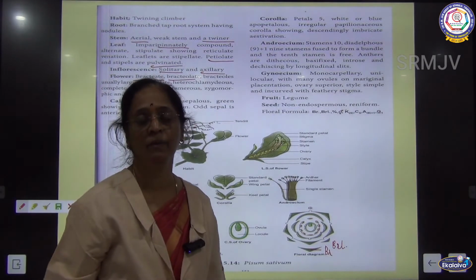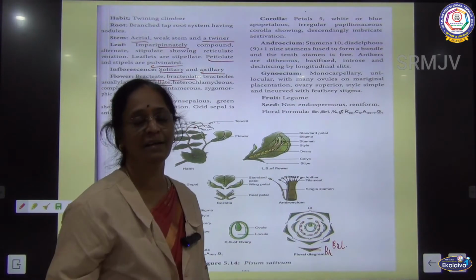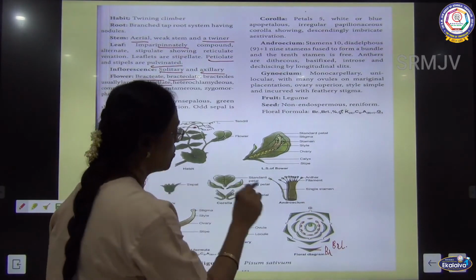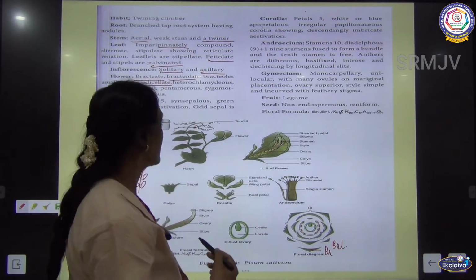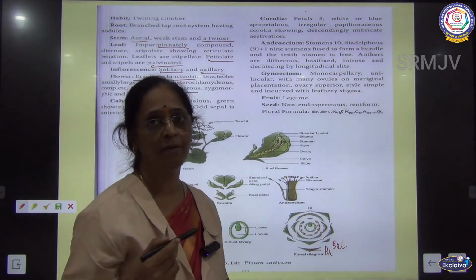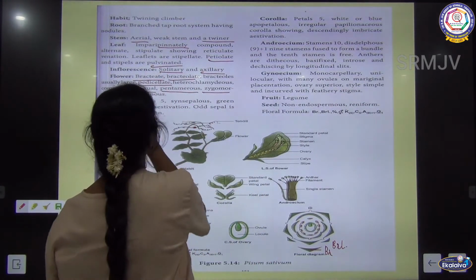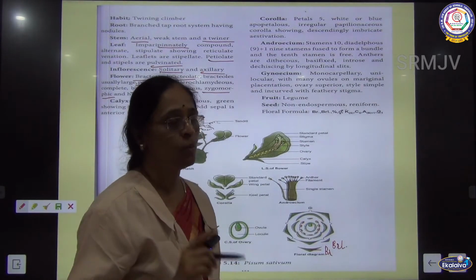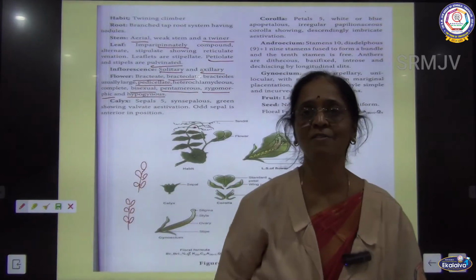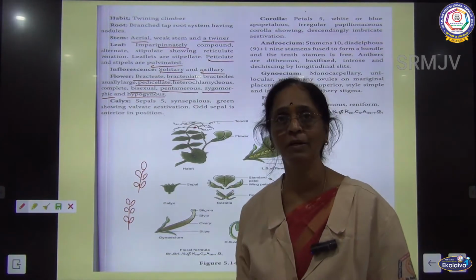Heterochlamydeous, two whorls are there, and then it is complete. All 4 whorls are there in the flower, so you call it a complete flower. And then it is bisexual, 2 sexes are there, male and female. Then pentamerous, because it belongs to a dicotyledon, it has 5 or multiples of 5. Zygomorphic, you can cut the flower into 2 equal halves at only one plane. And the ovary is superior. Superior ovary is otherwise called hypogynous. So this is a description of a flower.